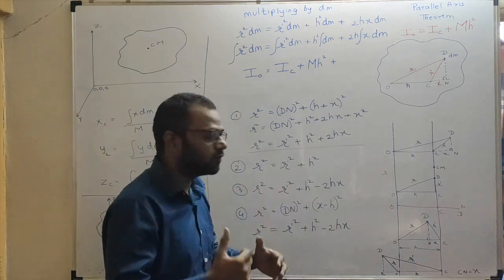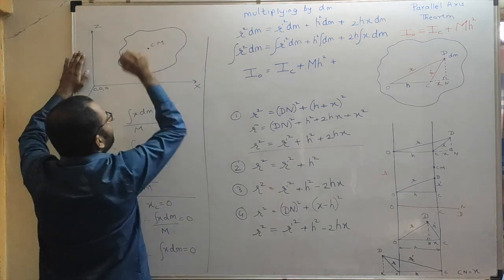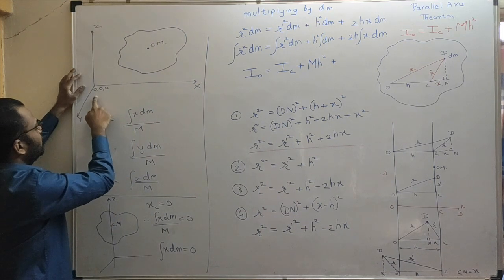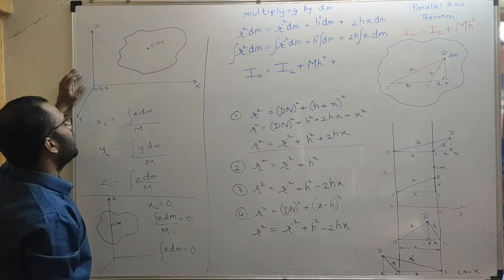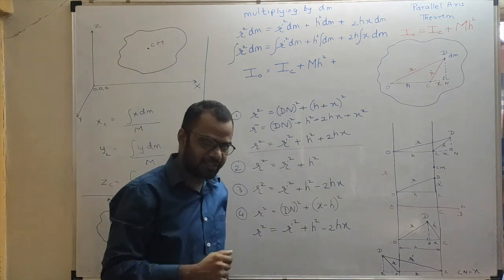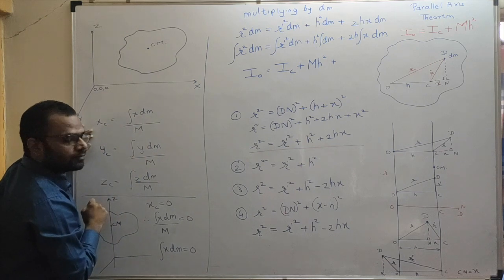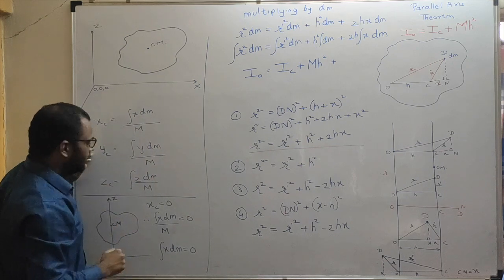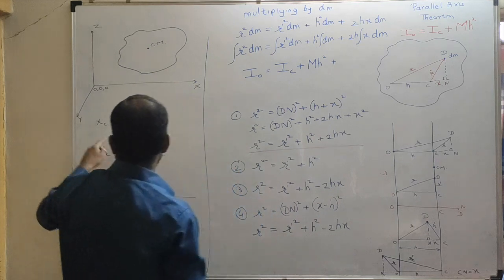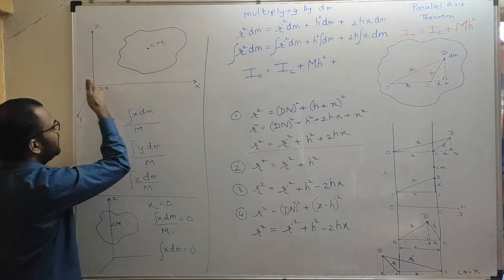Let us go back to the 11th standard formula. So over here, suppose this is a body and this is some coordinate system, with this origin 0 0 0. And we know that, let us say, the center of mass coordinates are xc, yc and zc, and we know the formula. Xc will be what? Integration of x dm upon M. Yc will be what? Integration of y dm upon M. Zc will be what? Integration of z dm upon M. So this will give us the coordinates of the center of mass with this coordinate system.